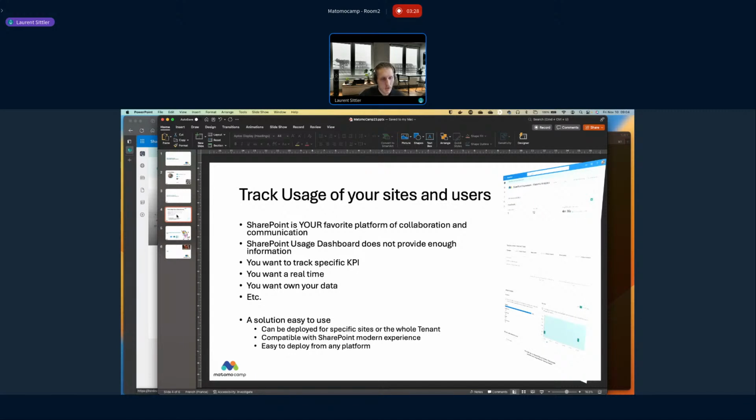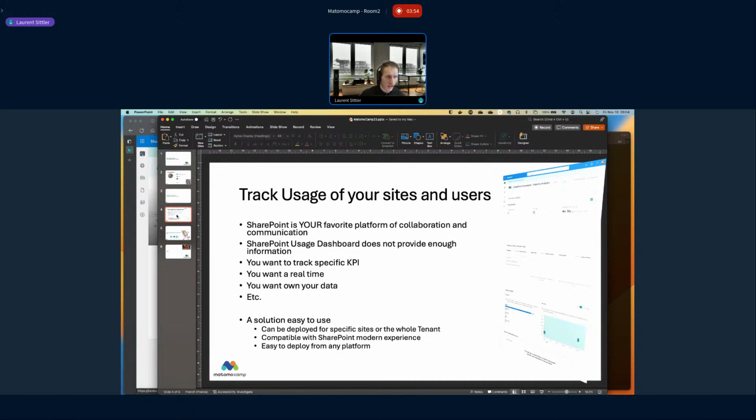It's like if you want to use Google Analytics: you have to add a specific header in your code to be able to link your website or SharePoint with Microsoft Clarity. The solution that I will show you today is quite simple to deploy, and you can deploy it directly on a specific SharePoint site or for your whole tenant.